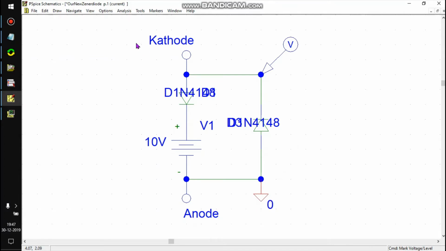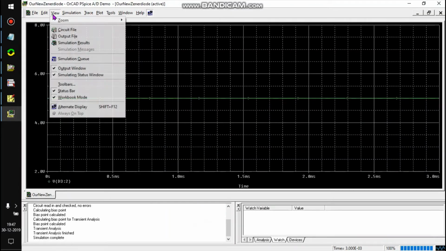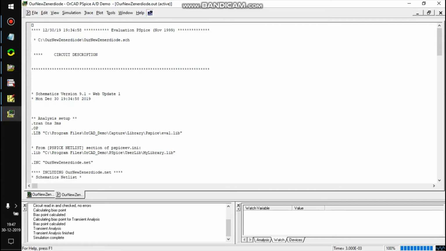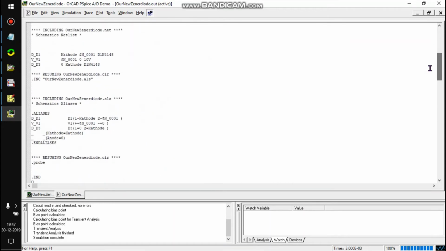But we are not going to use a circuit file. In the old days, you had to type in all those components, and then you had to type in the nodes in the correct order. So if you have a diode, then you first have the anode and then the cathode.